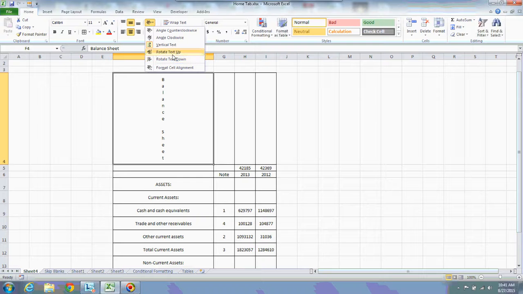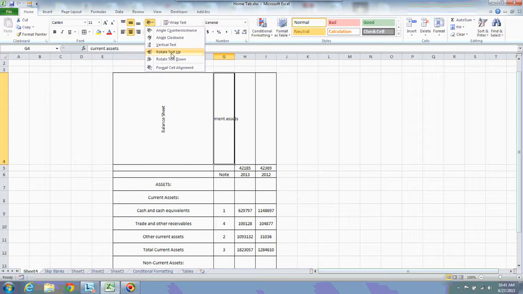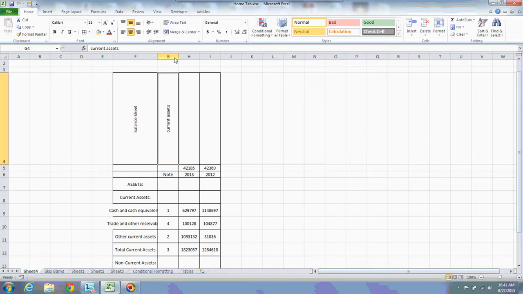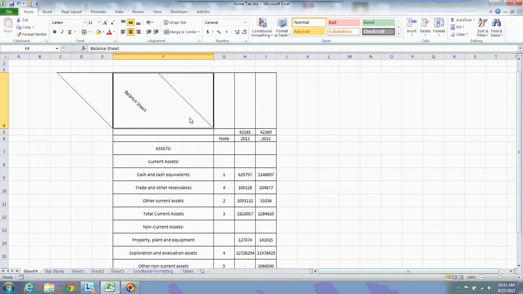And now I am changing to rotate text up. See, like this you can give text. Say if you want to type something, I want to show this vertically, you can show, or if you want to show this rotate text up, you can also show your text like this. You can also increase, decrease the column sizes like this. See, like this you can also show your text based on the requirement.